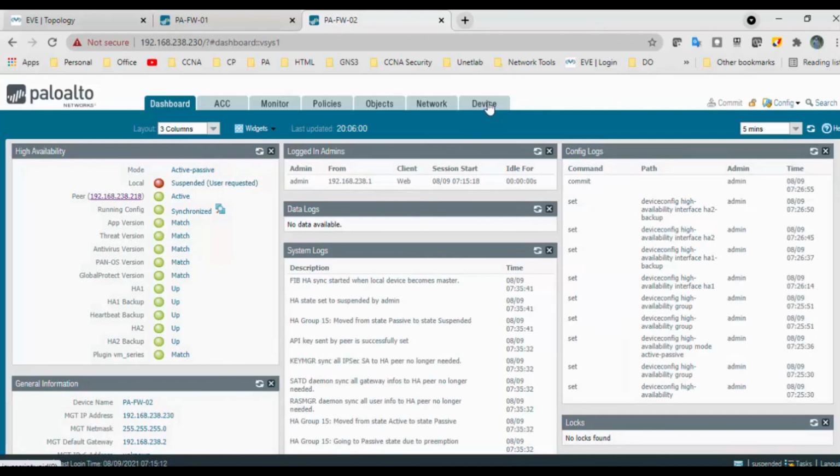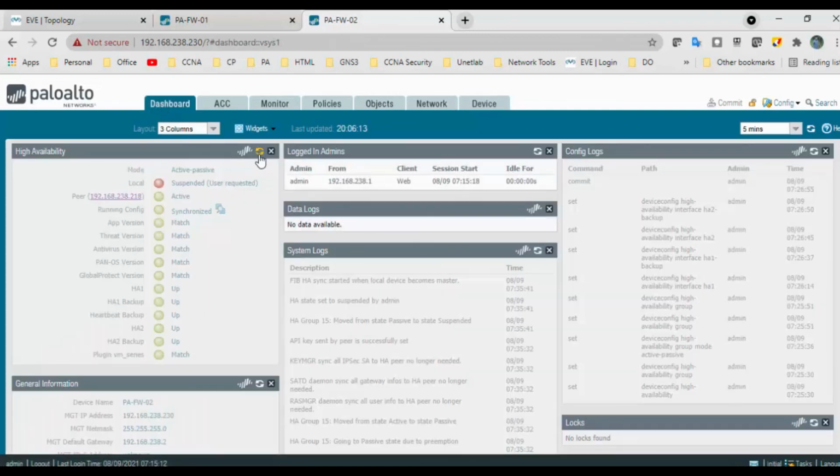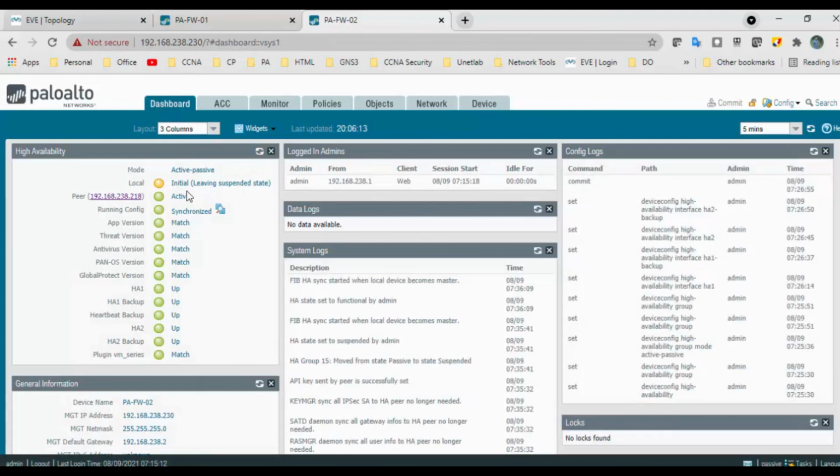Suspended by user, I will make it functional again, so make local functional. Go to the dashboard and click on refresh. So initially it is in suspended state, click on refresh. So now 238.18 becomes active, and it will be the passive one.